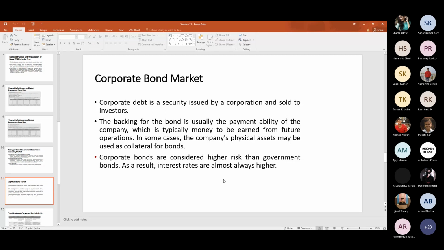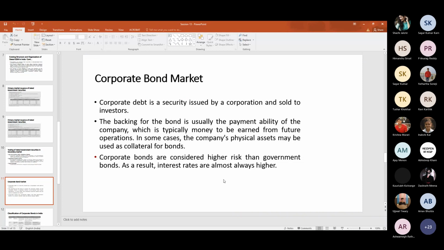So that's why the corporate bonds are relatively risky, and the corporate can issue two types of bonds in a broad way. One is secured and the other is unsecured bonds. The secured bonds are backed by the assets of the company, and the bonds which are not secured are issued with a belief, a kind of agreement or promise by the companies that they will pay the coupons as well as the principal in a timely manner.